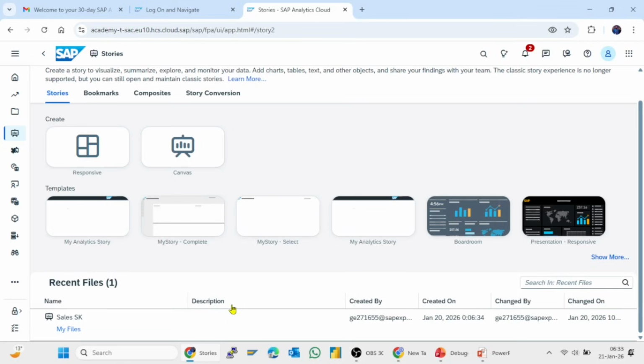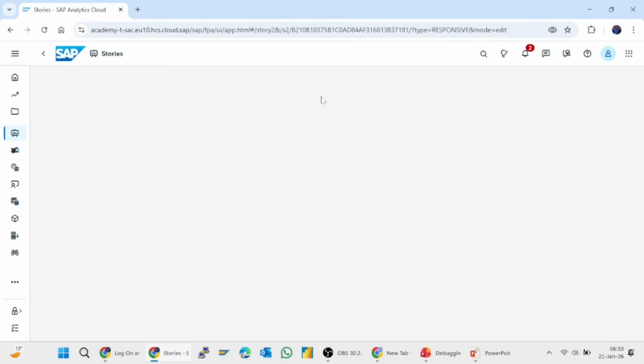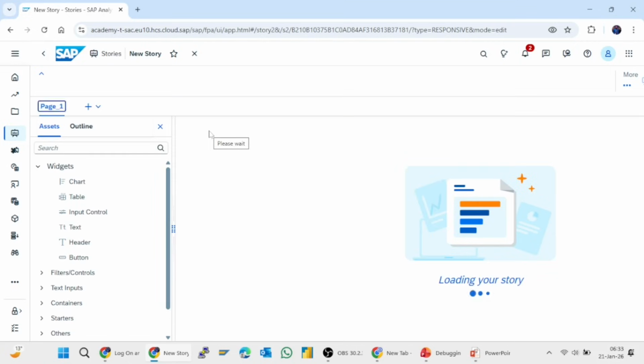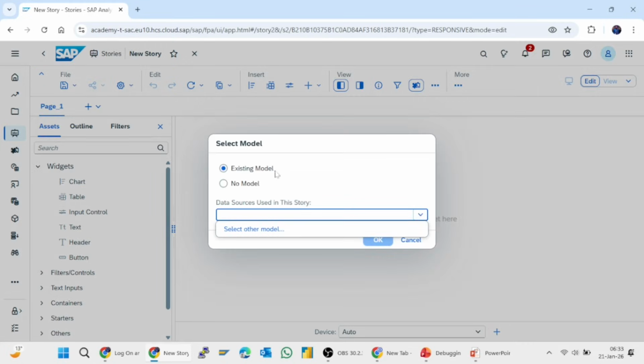Here it is. Now we have landed in SAP Analytics Cloud. First of all, we will click on responsive to create a responsive story. Now SAC is loading your story. We will create a very new story. Let's select the table element, and we will include the table. And for the data set, we have to select the option select other model